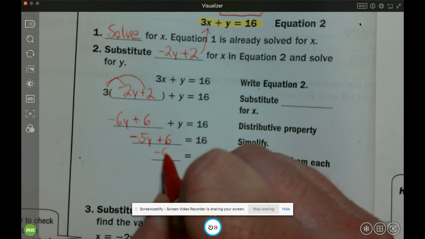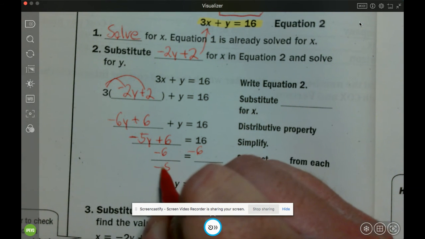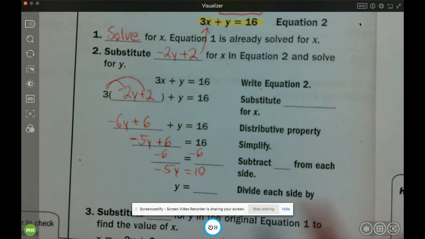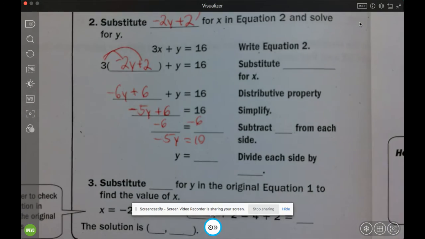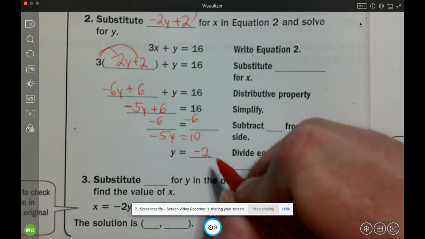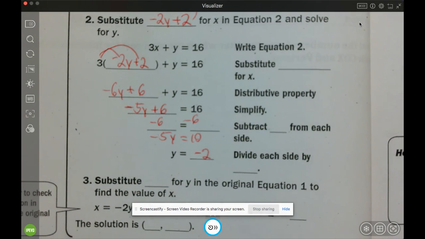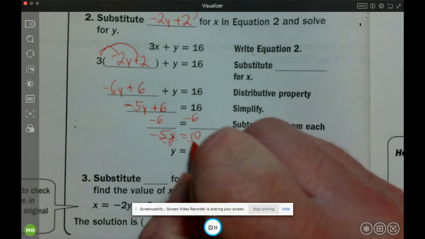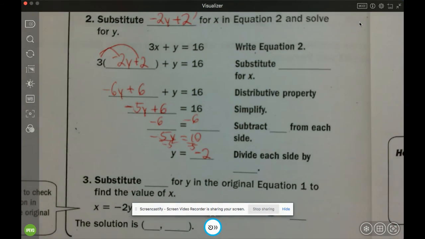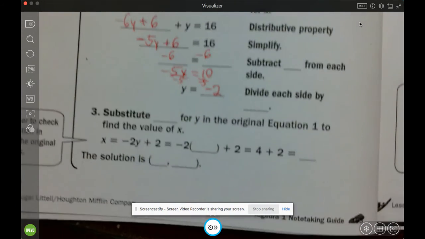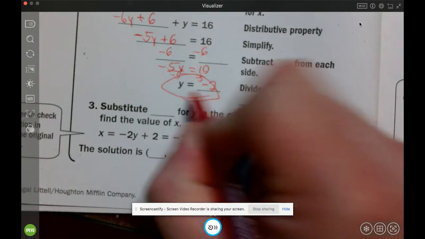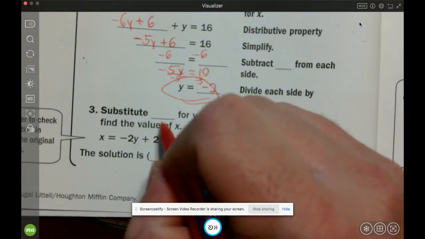Then I minus 6 from both sides. I get negative 5y equals 10. So y must be equal to negative 2, right? Right. So you divide this out by negative 5, you get negative 2. So then you're able to substitute. So now we know that y equals negative 2. So you can substitute that